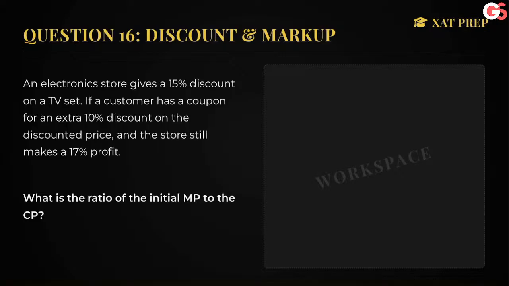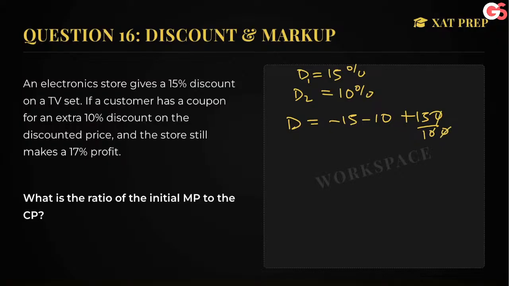An electronic store gives a 15% discount on a TV set. ठीक है, discount is 15%. So customer has a coupon for an extra, so D1 and D2, let be the coupon, 10% discount on the discounted price. अच्छा, discounted price, ठीक है, मतलब successive discount है। Store still makes 17% profit, so overall discount will be how much? -15 -10 plus 150 upon 100। -25 plus 1.5 is -23.75%, that is the discount।